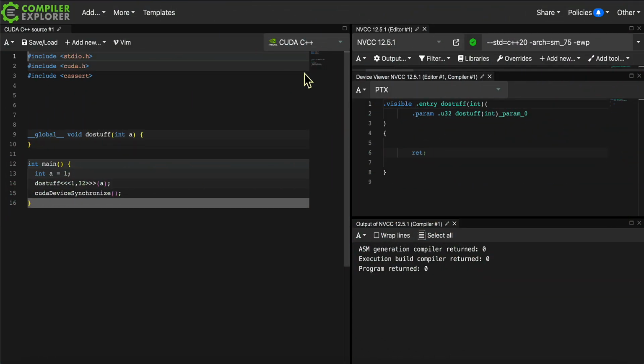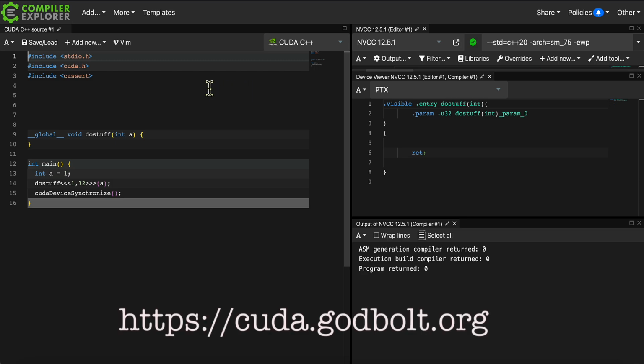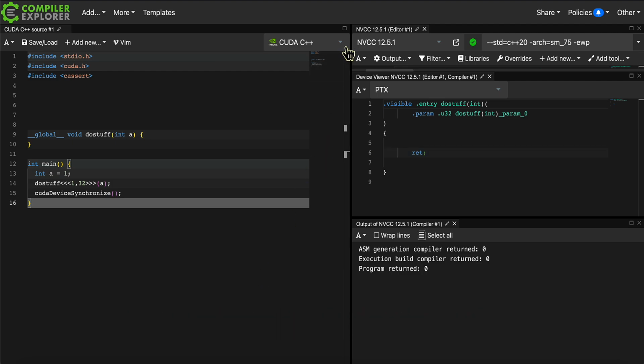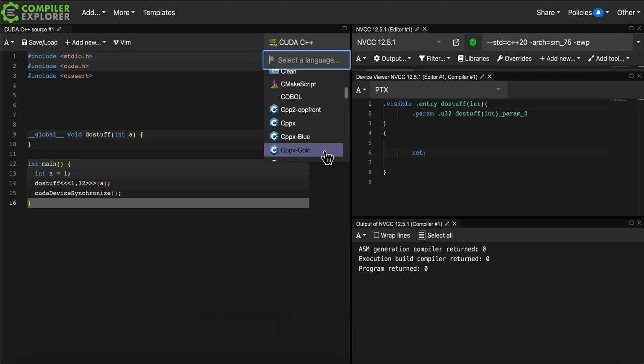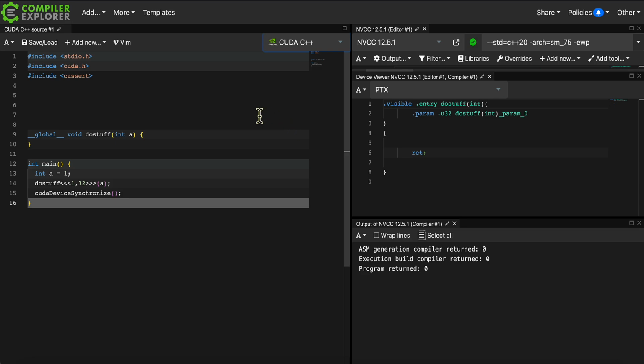So here we have Compiler Explorer. It's this really cool piece of technology. You can access it from cuda.godbolt.org. And there they have a variety of compilers and environments that you can go through. You can even program in COBOL, various C dialects, all sorts of programming languages, and of course CUDA.